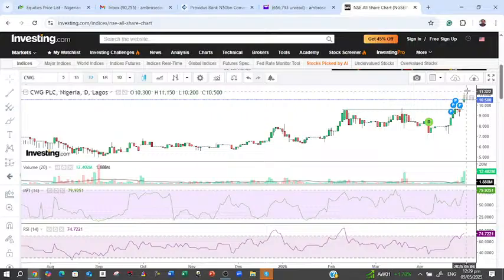But a good move for the stock this morning, as high as 11:15 before pulling back. Yes, you can see that volume also came out, good volume. You can see that money flow is also reading that this stock is a good one for entering in. But if you look at your RSI, this stock is already at overbought region.